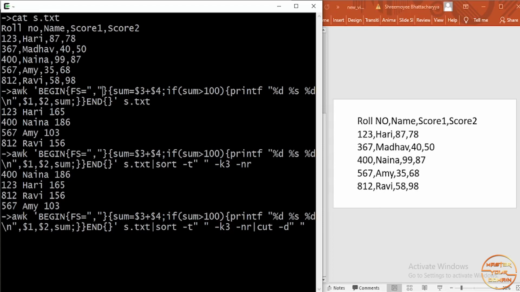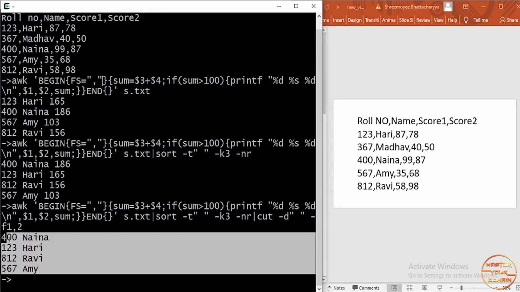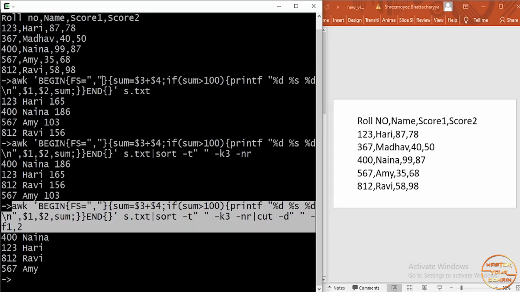Then you need to mention the fields that you want, and for that the option is -f. So it's 1 and 2. I want field 1 and field 2. And see, this is the output you need. It's really very simple. If you just think it logically and step by step, it's really simple.